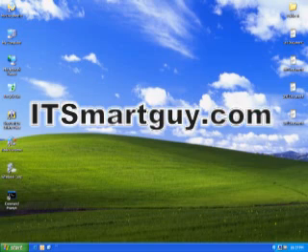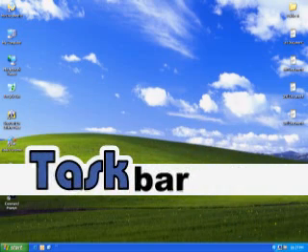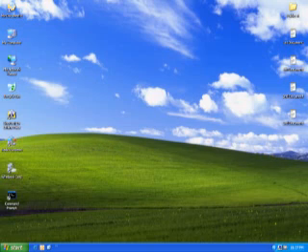Okay, folks, today we're going to talk about the taskbar. That's the blue line down here on your XP machine, or if you're running Vista or Windows 7, you're probably looking at a metallic or a clear bar down here. Now, the taskbar's primary use, or I guess the one that we're probably more familiar with, is to display the